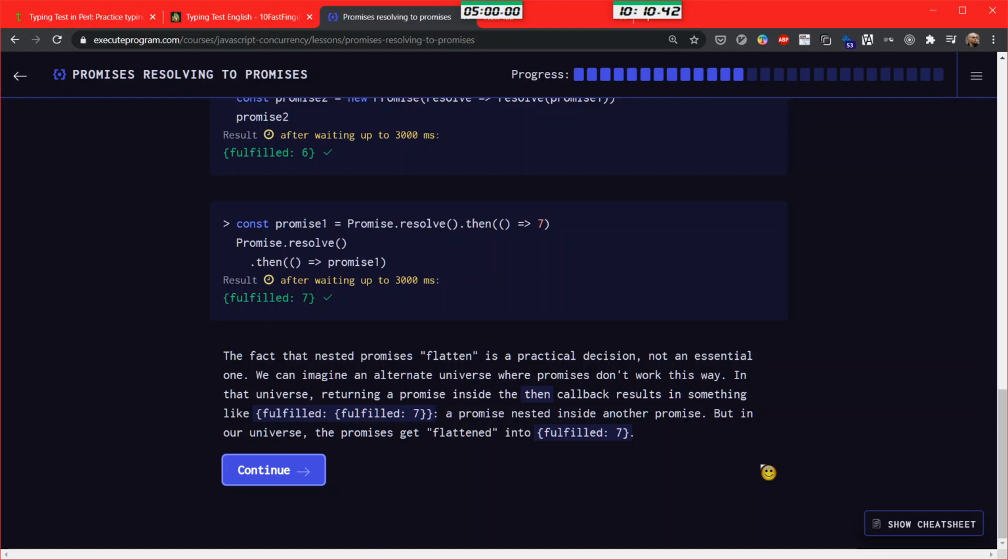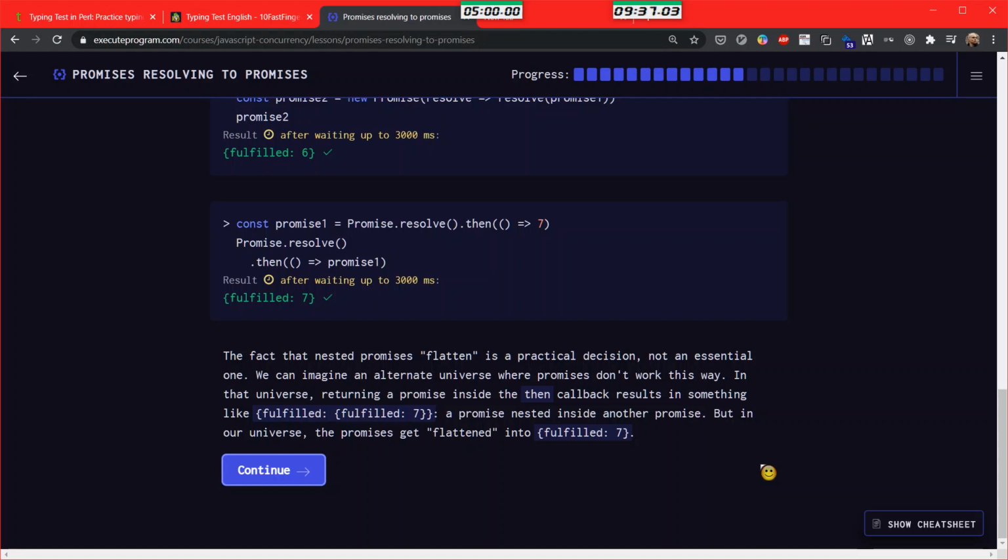The fact that nested promises flatten is a practical decision, not an essential one. We can imagine an alternate universe where promises don't work this way. In that universe, returning a promise inside the then callback results in a fulfilled promise nested inside another promise, but in our universe promises get flattened.